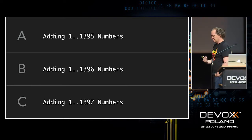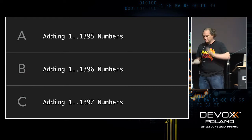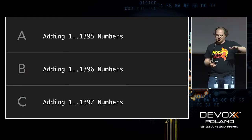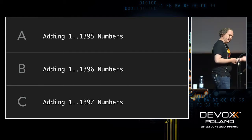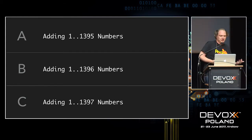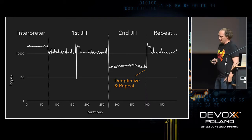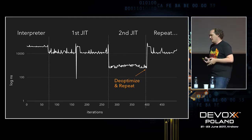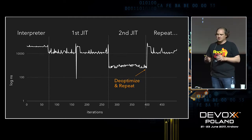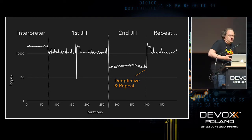If you came to my talk earlier today, you learned about all this JIT machinery going on, and it compiles methods at different times, and it's going to start slow, and then it's going to run fast later. And that makes benchmarking difficult. A typical Java program is going to go through something like this. It's going to start off running in the interpreter. It's going to take tens of thousands of nanoseconds to do the simplest of things,